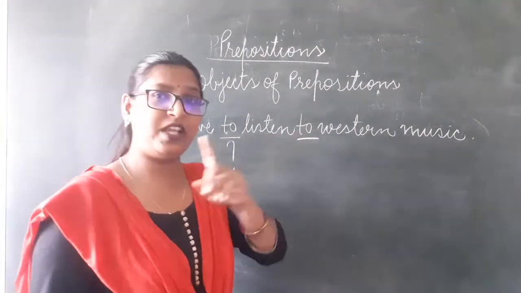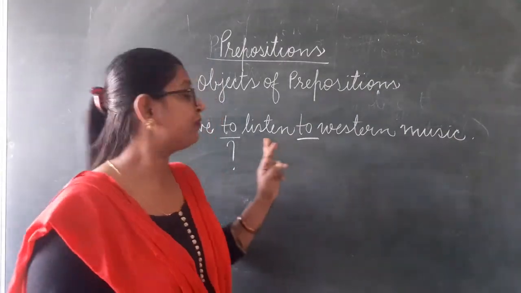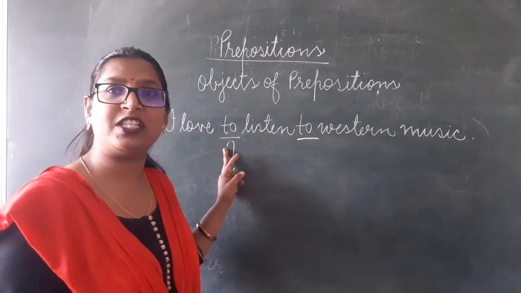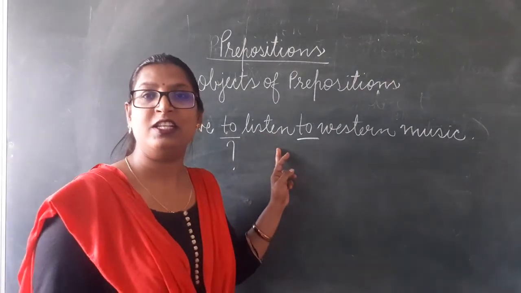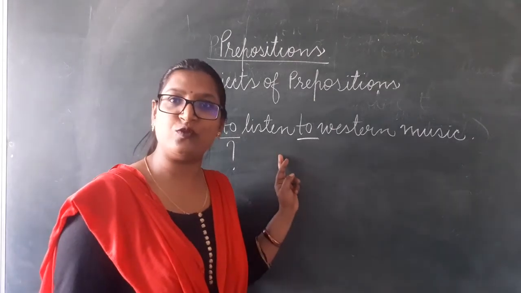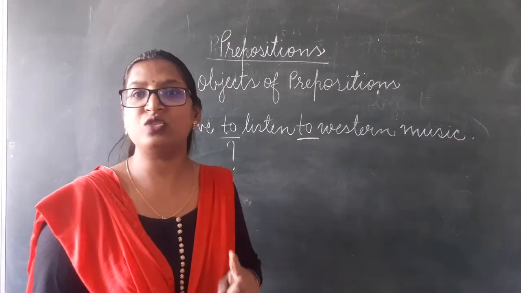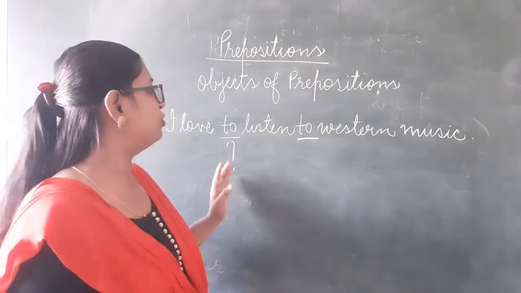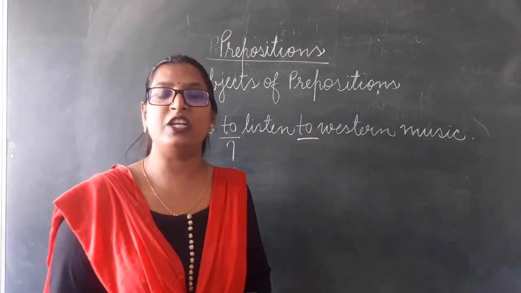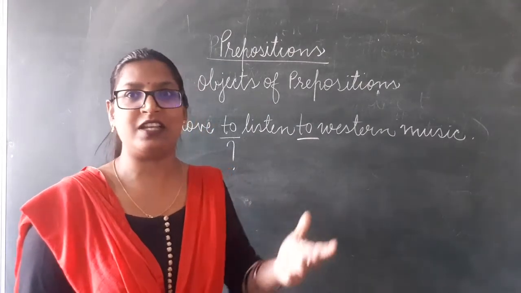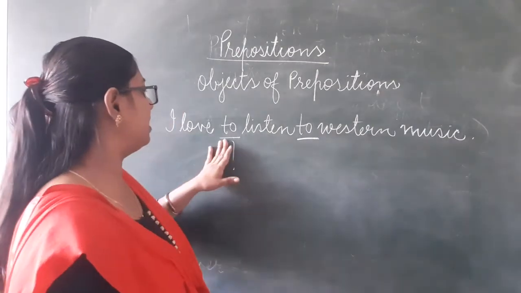Beta, here there is only one preposition in this sentence, that is the second to. The first to is not a preposition here. To is followed by the verb to listen. It is called the non-finite verb. So this to is not the preposition. Clear? So never get confused. To followed by a verb is called the non-finite verb. You will study in detail in the next class. So do not get confused about it.